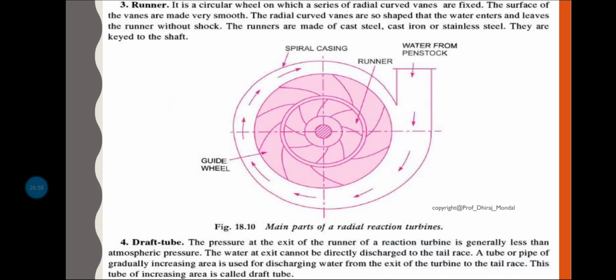In the next class we will discuss what the draft tube is, what the theory of the draft tube is, and whether the pressure is increasing or not. Ultimately the function of the draft tube is to increase the pressure head at the expense of velocity head. At the outlet of the turbine, the velocity represents wasted energy, so that energy will be converted into pressure energy. That is the function of the draft tube.